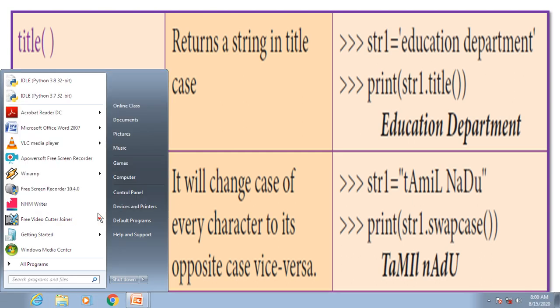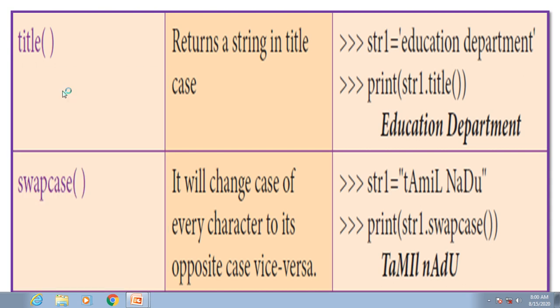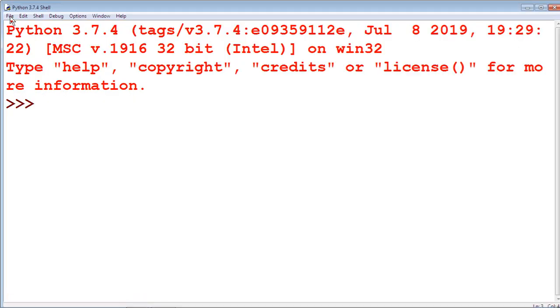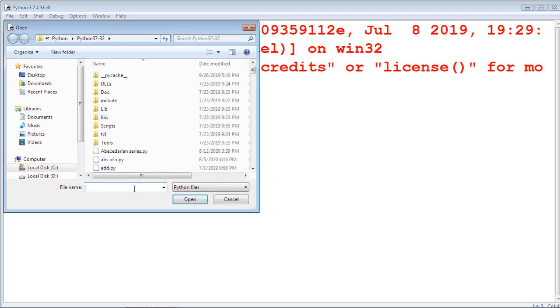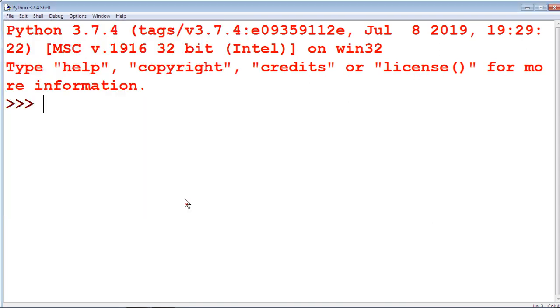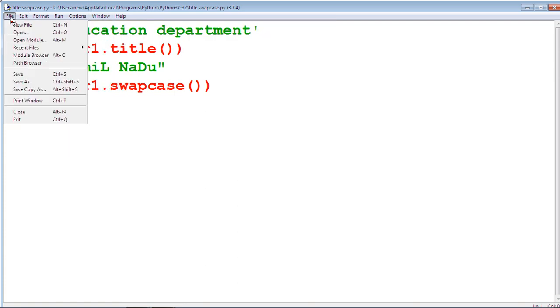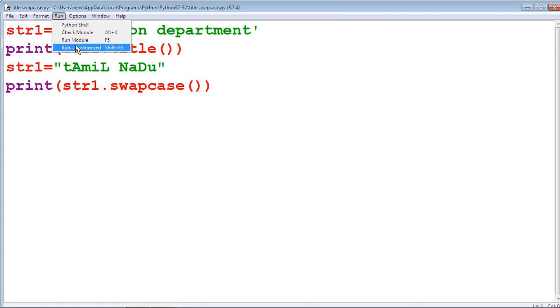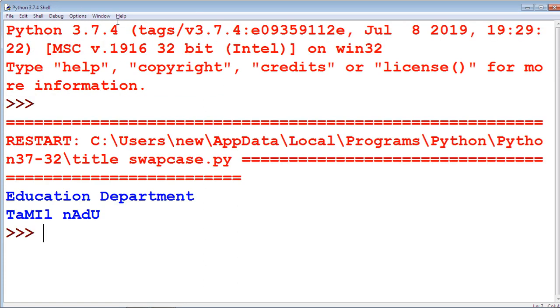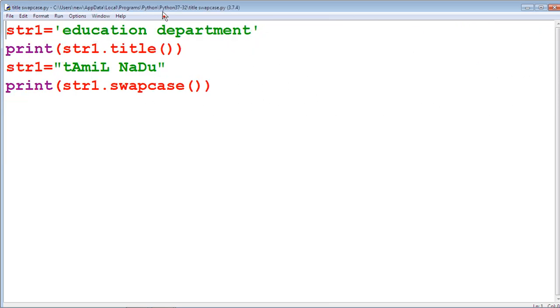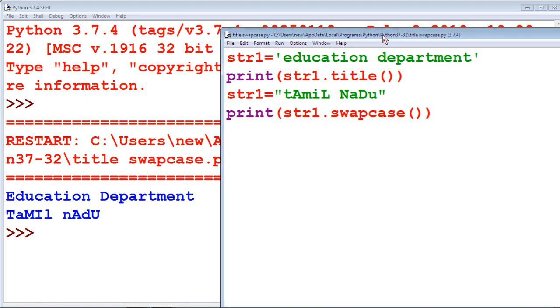See this example by using the IDLE window. Title and swapcase. File, open. Title and swapcase. Run this program. Now see this example. First one, print str1.title.